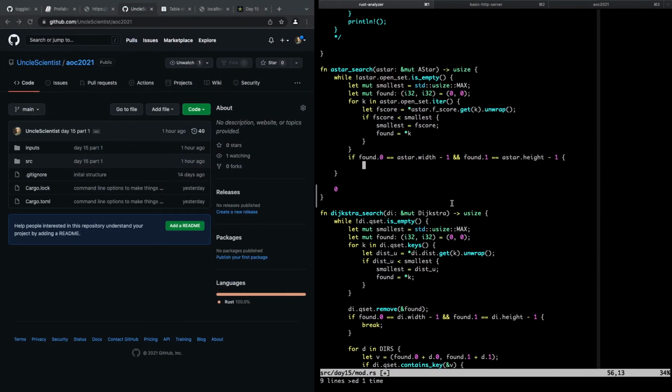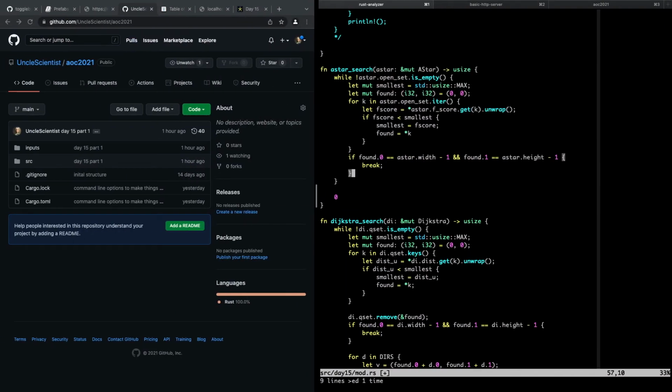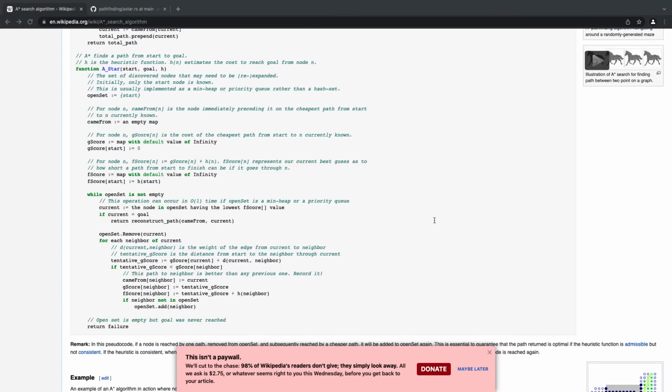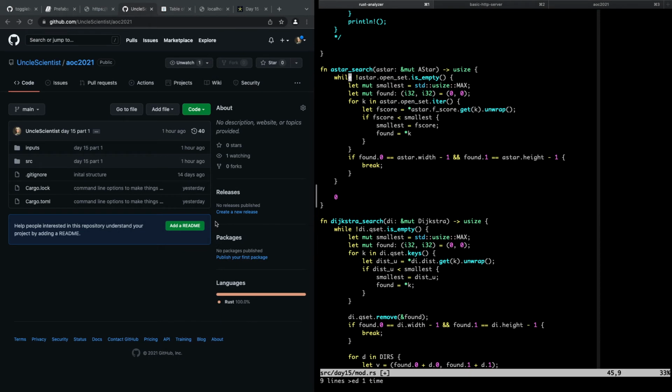All right, so what we'll do is we'll break out at that point, and then we won't have found, but we can set, right, because we need to get came from and current is what I'm calling found. So we need to break out of that. I think you can say break found like that, and then say let current equals